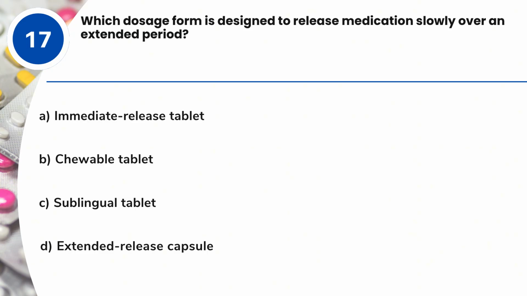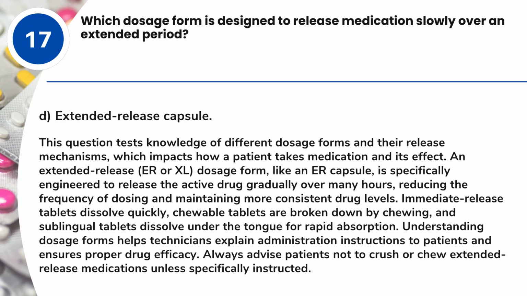Question 17. Which dosage form is designed to release medication slowly over an extended period? A. Immediate release tablet. B. Chewable tablet. C. Sublingual tablet. D. Extended release capsule. Answer D. Extended-release capsule. This question tests knowledge of different dosage forms and their release mechanisms, which impacts how a patient takes